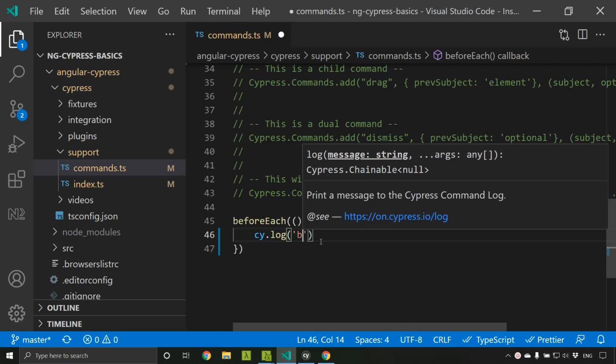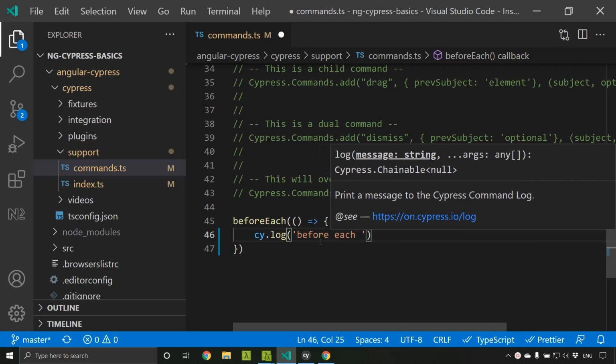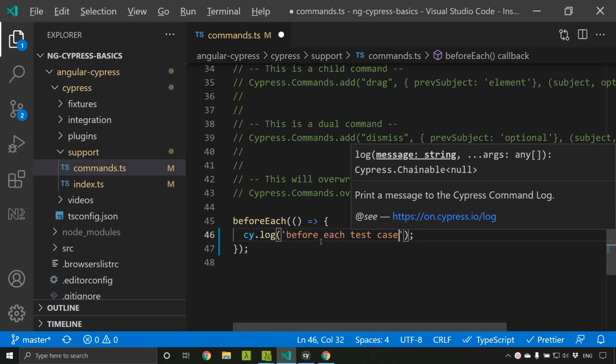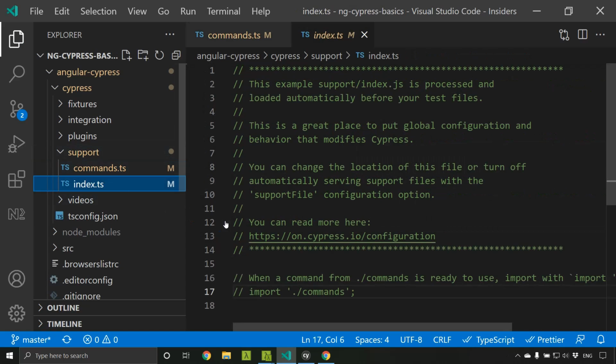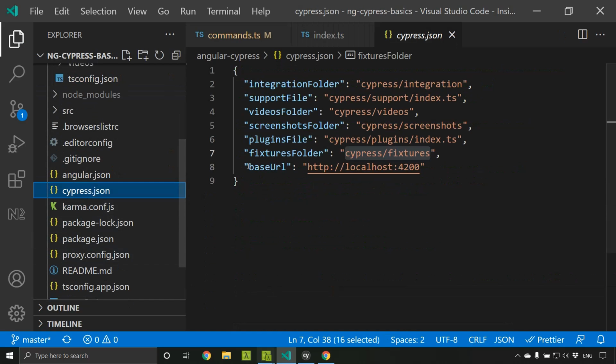So it will be executed before each test case. So now let us import this command file within our index.ts, and in the cypress.json we had given the support file path, so it will be taking it automatically.